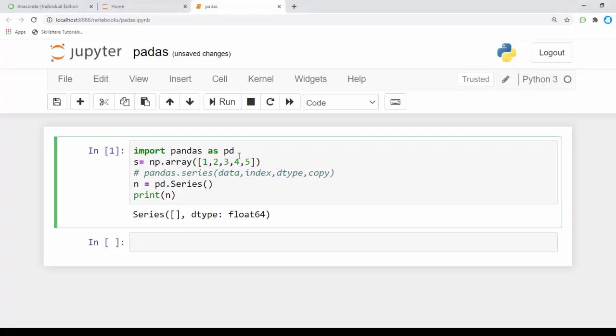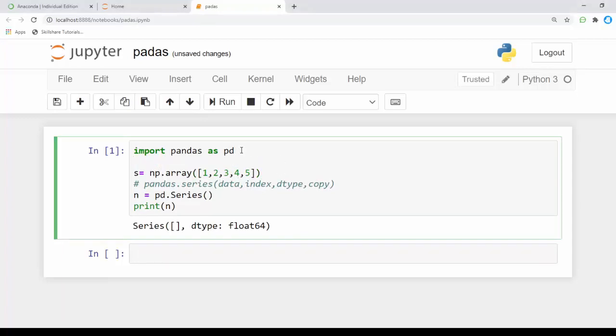What is np here? np is numpy. We have seen numpy in the basic description class. Numpy stands for numerical Python. We import numpy as np to change the data into an array format, and then we pass it here.